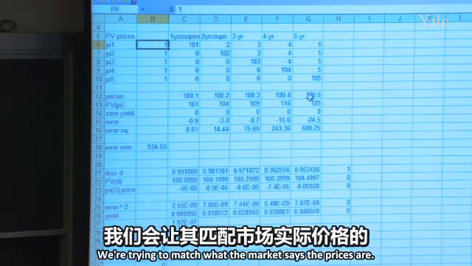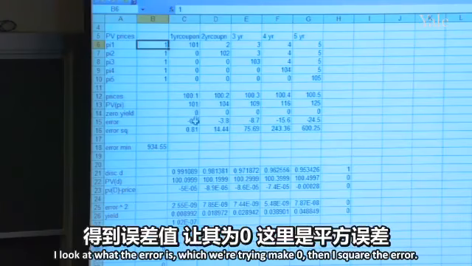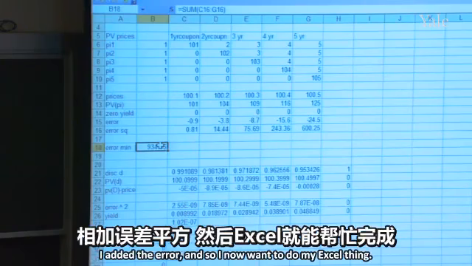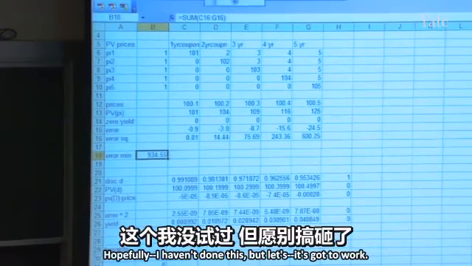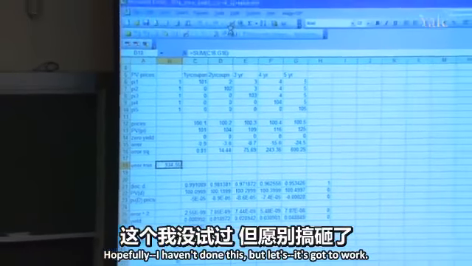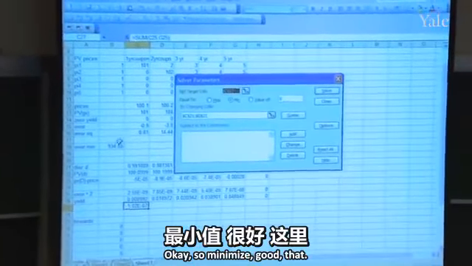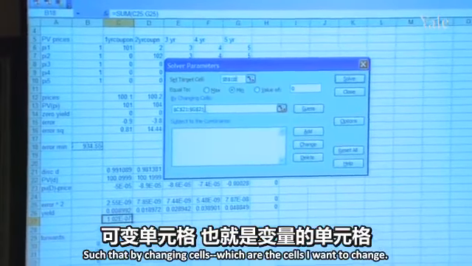We're trying to match what the market says the prices are. So all I do is I subtract the market prices we're trying to match from the actual prices. I look at what the error is, which we're trying to make 0. Then I square the error. And then I added the error, some C16 to G16. And so now I want to do my Excel thing. And hopefully I haven't done this, but it's got to work. Okay, so minimize, this is not good, that, such that by changing cells,